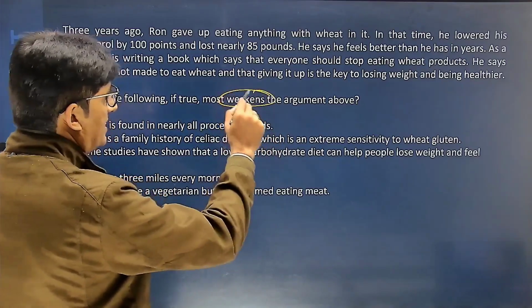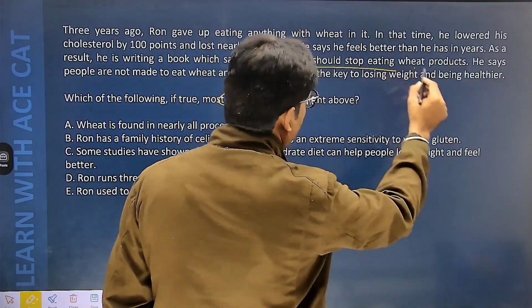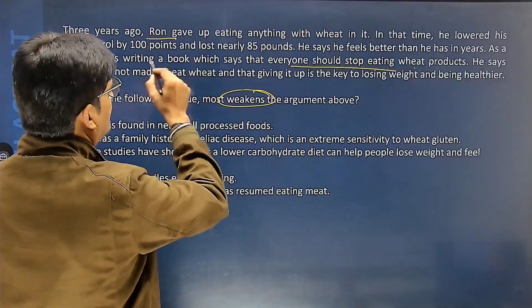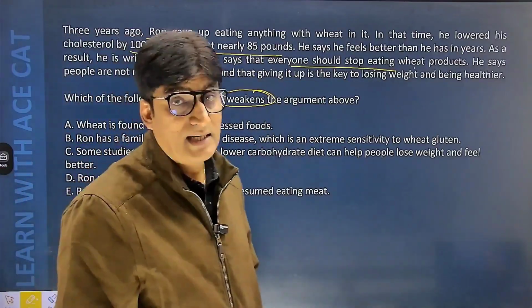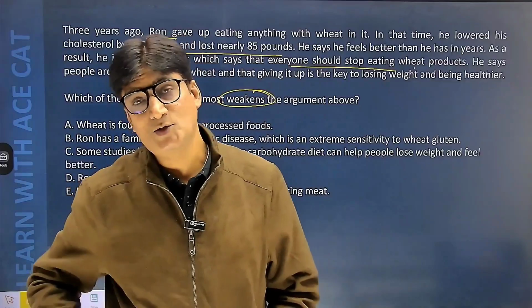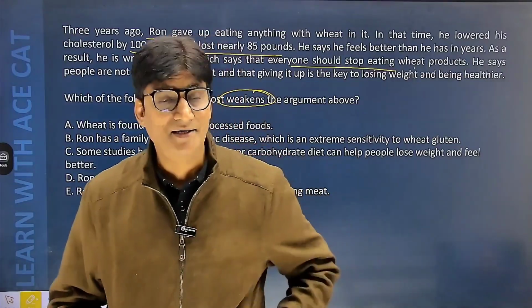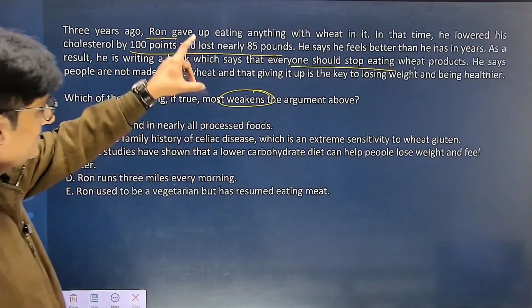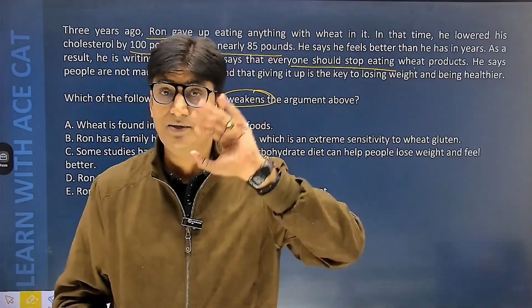So which of the following, if true, most weakens the argument above? So वापस से students, what is the argument? The argument is that everyone should stop eating wheat. And this argument is based on what premise? The premise is this person Ron gave up eating wheat and he got some positive results. तो उसने गेहूं खाना छोड़ा और उसके कुछ बहुत अच्छे रिजल्ट्स उसको मिले. तो उसने ये आर्ग्यूमेंट दे दिया, कंक्लूजन दे दिया कि सब लोगों को गेहूं छोड़ देना चाहिए. आवर बॉडी इज नॉट मेड फॉर व्हीट. ओके, अब इसे वीकन करना है. ट्राई टू अंडरस्टैंड. उसका जो कंक्लूजन है, जिस प्रेमाइस पर बेस्ड है, हमें उसी को वीकन करना है. हमें उस प्रेमाइस पर क्वेश्चन मार्क रेज करना है.